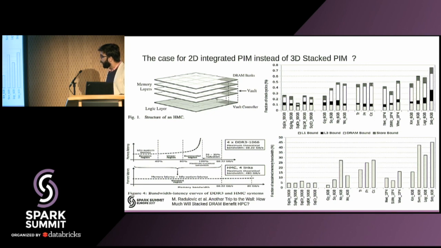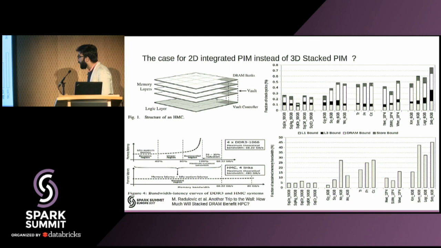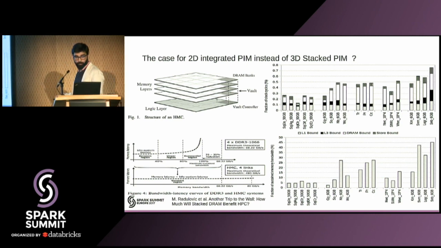But if your workloads are operating in this region, which is the idle, the constant region or the linear region, then going to the high bandwidth memories would not help. Only if your workloads are operating in the exponential region would going to the high bandwidth memories actually help. And what we show is that most of these workloads are operating either in the constant region or in the linear region. So it means that, at least for the Spark workloads, we do not need these 4x higher bandwidths which are now available in the HMCs.